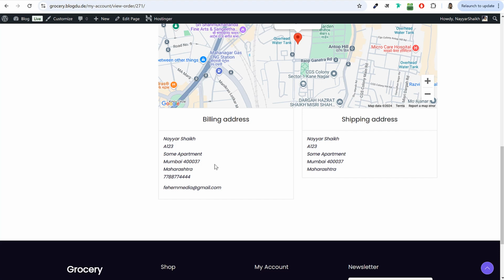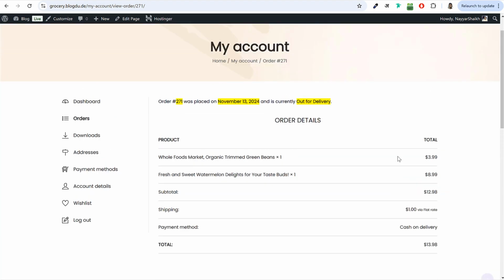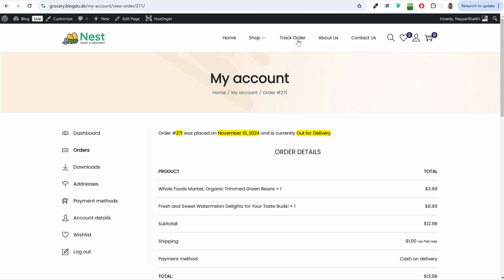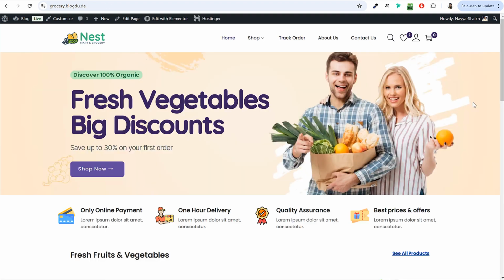They can see their location, the billing address, shipping address, and what payment method they have used. They can see all these details. They can anytime go to track order, enter the order ID and billing email address, and they can always track the order. Now if I come back to the home page, I'll show you how to design this beautiful home